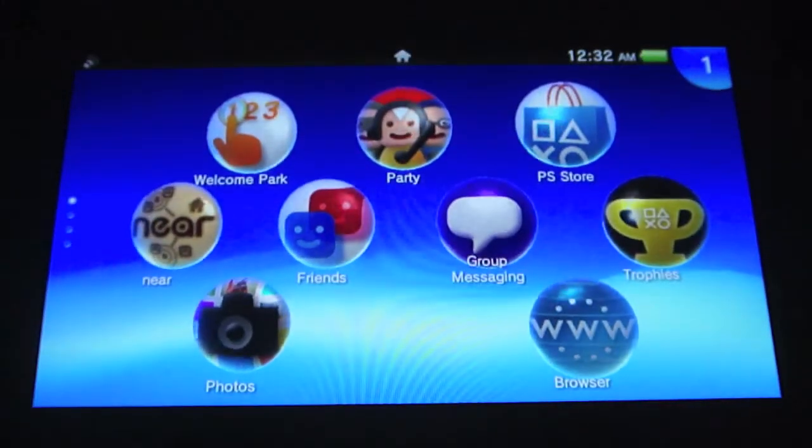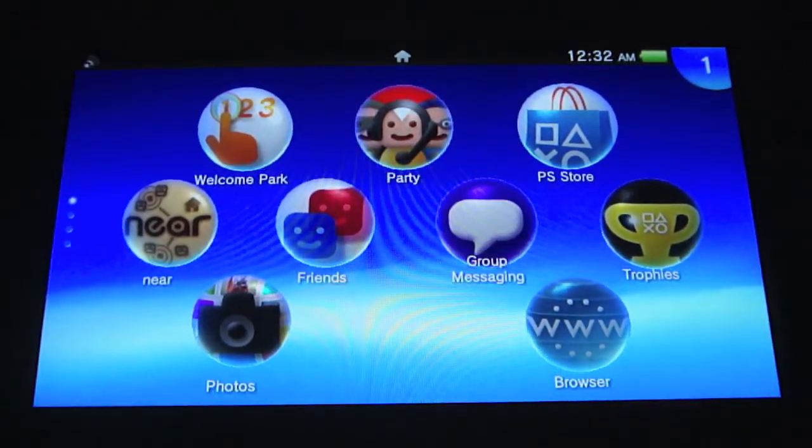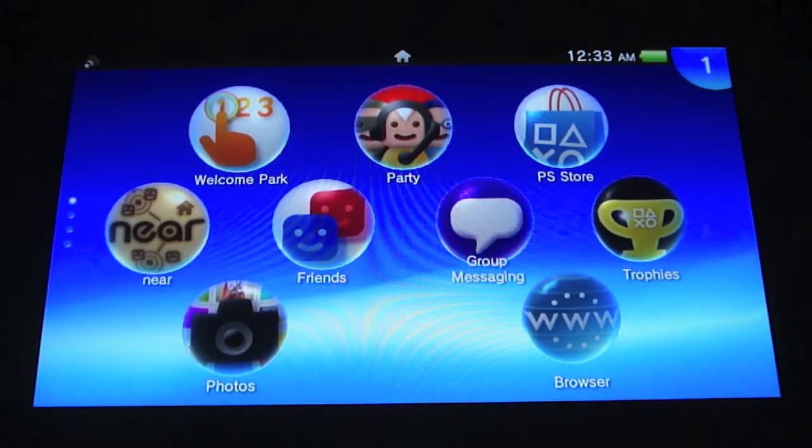So that's that. Next is a new layout of the Near application. So when you go up and launch Near,